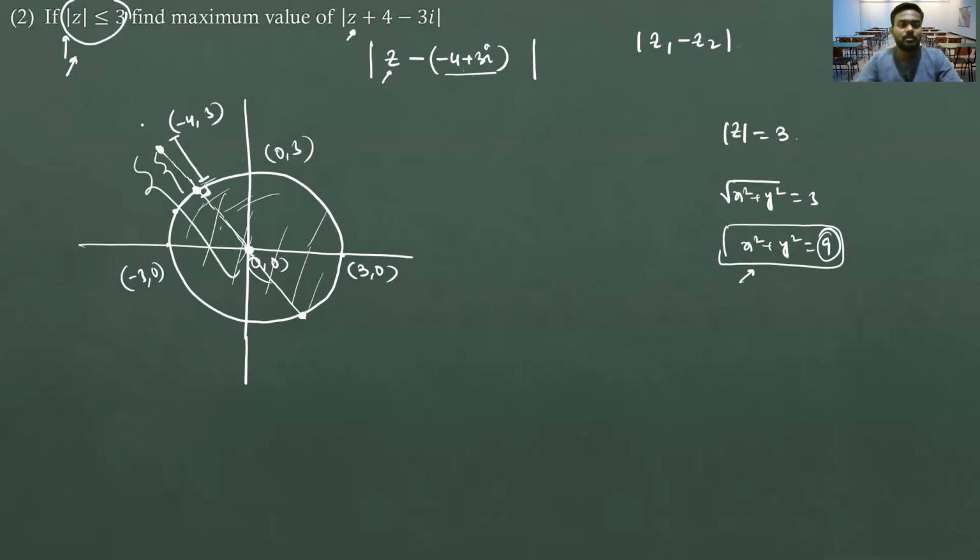Now you see, this point is given to you, and this point is also given to you. If I say this is A, this is B, this is O, and this is C, then our minimum length is basically AB, right? And AB can be written as OA minus OB. We know OB is basically the radius, and OA we can determine using the distance formula, and it will give you 5. You can observe by yourself. So the minimum length we are getting here is 2, and what will the maximum length be? The maximum length will be this length to this length. So this length is basically 6, right? And this length is 2. So here we will be getting a length of 8.